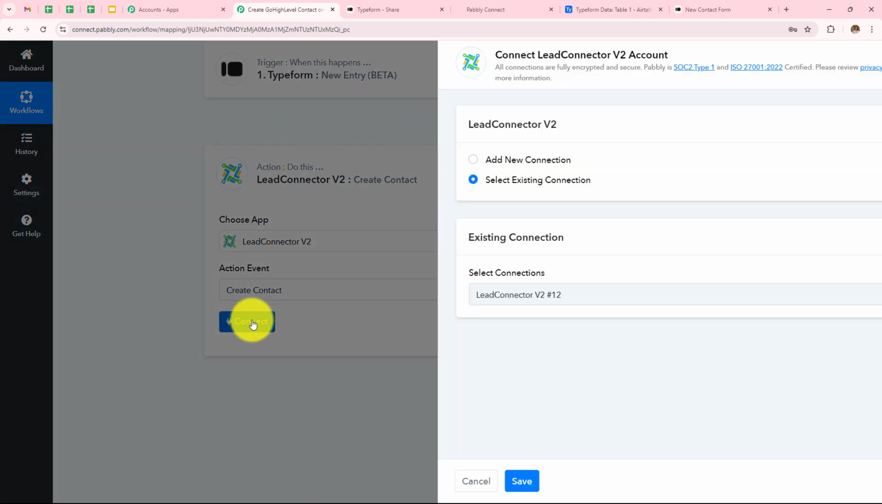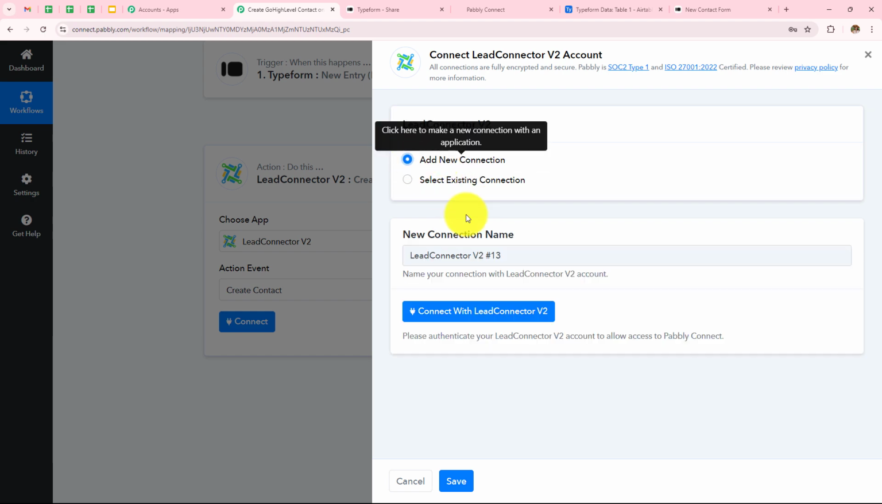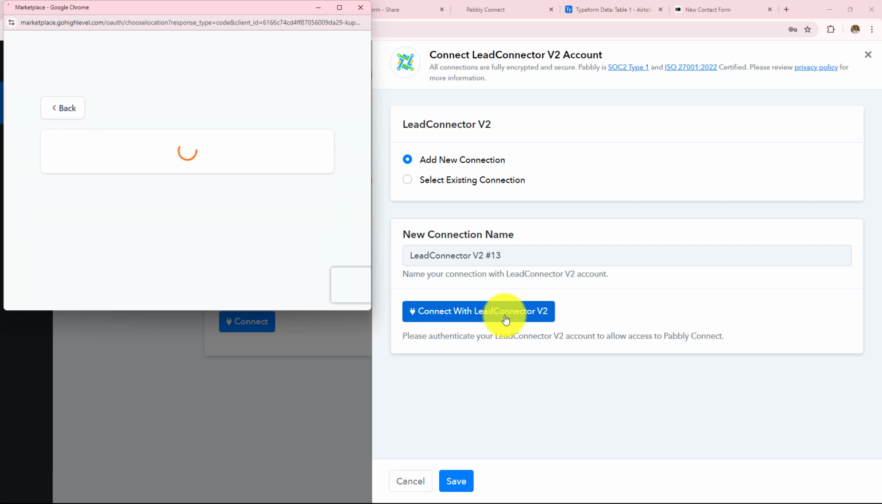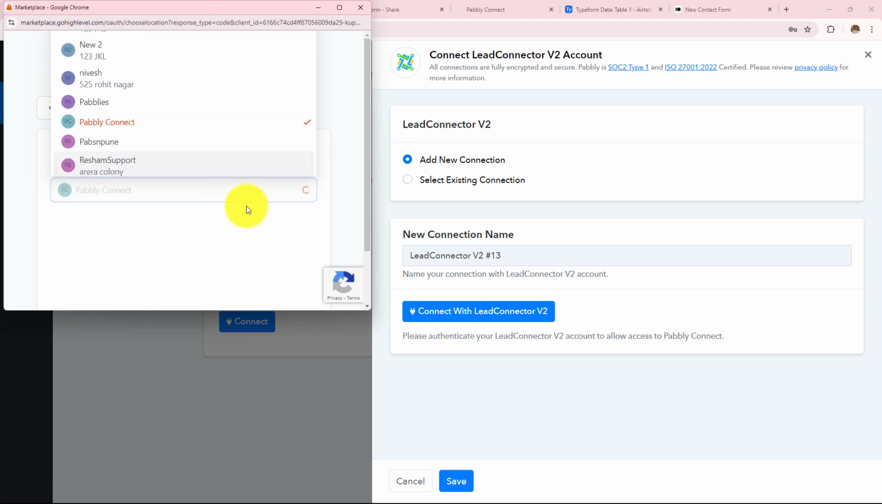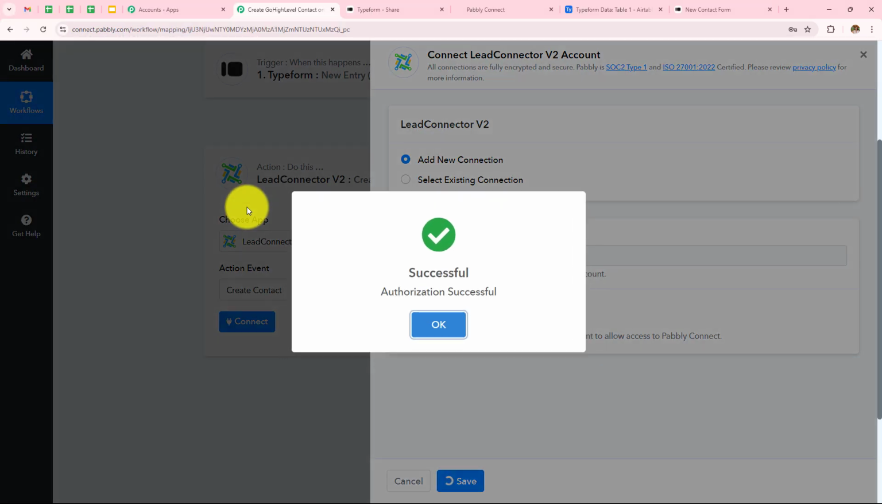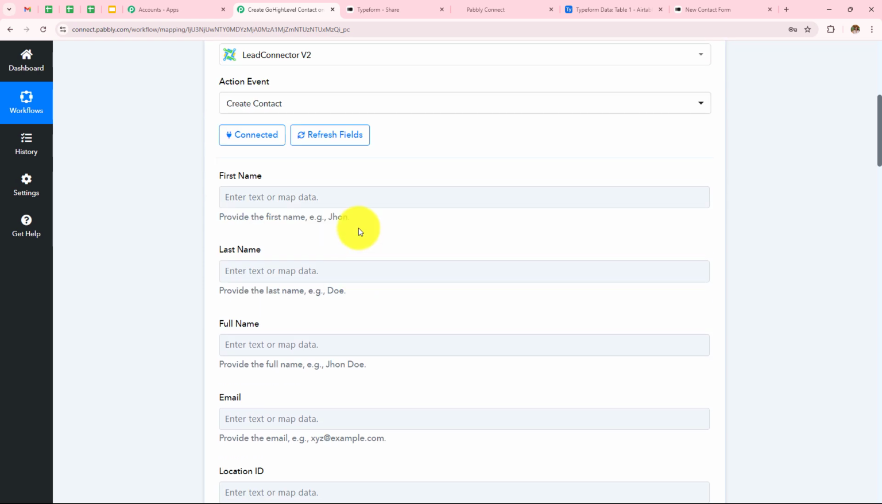Click on connect. If you have an existing connection, you can simply go with save, but if you don't have one, click on add new connection. Connect with lead connector v2. And from over here, I need to select my sub account. So my sub account is Pabbly Connect. And authorization is successful. So lead connector v2 or GoHighLevel is connected with Pabbly Connect,